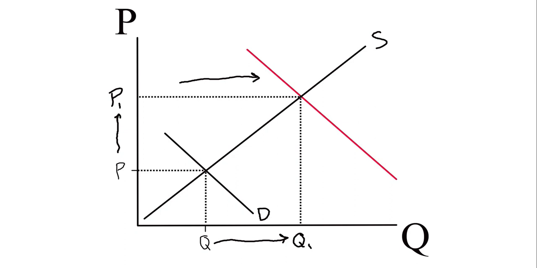This should make sense. More people want potato chips, or the quantity demanded increased, and people are willing to pay a higher price for potato chips. So potato chip companies are going to raise the price if more people are willing to pay a higher price